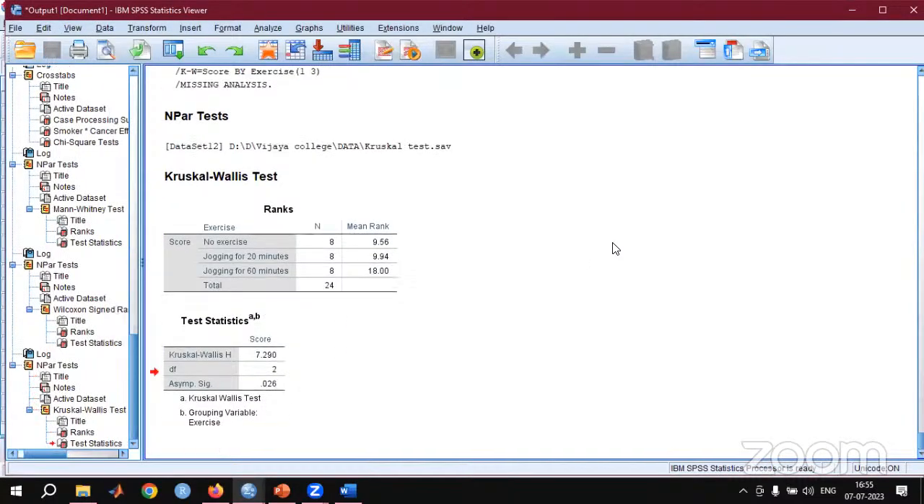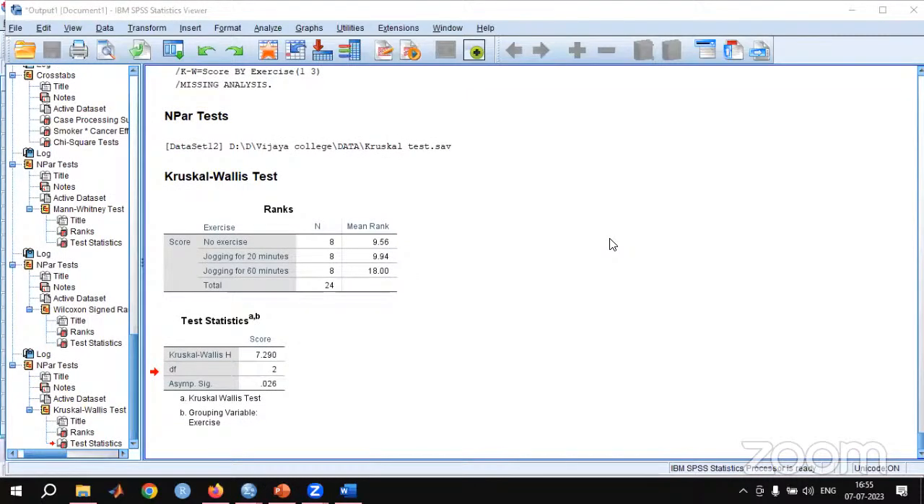These are the results. See, we have 8 members for each group. These are the mean ranks. Under this test table, we consider the p value. This is the p value. For this test, the p value is 0.026. This is less than